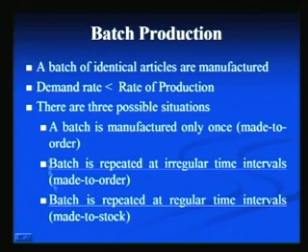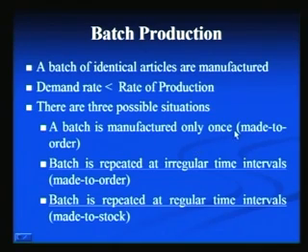So, once you manufacture those units, those items, you keep them in the stock or the inventory for say the next 5 months or 6 months, and once that stock is finished, then again you start manufacturing that batch. A good example of this situation is the printing of a textbook. You make 100 copies of a particular textbook and then keep them in the store. So, once those 100 or 1000 copies are sold out, then again you repeat the same thing. So, you get the reprint of the books. So, this is the made to stock type of situation, and among all these three situations, the last two are the most common, because if a batch is manufactured only once, then it is similar to the job shop type